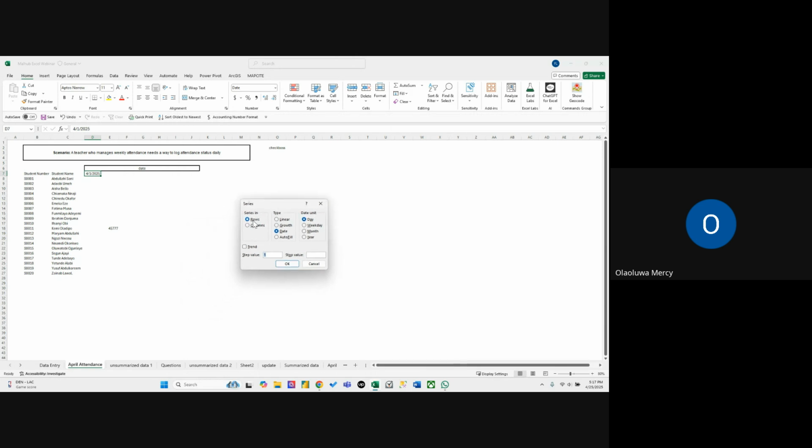Okay, fill, then series. As I said, we are going to leave the rows. Then the step value is 1. We want the days to increase by 1 day each time, right? Stop value is 45777. But we will not leave this as day because we want to deal with weekdays only. So I'm going to click on weekdays and then let's just see what happens. So when we click on OK now,